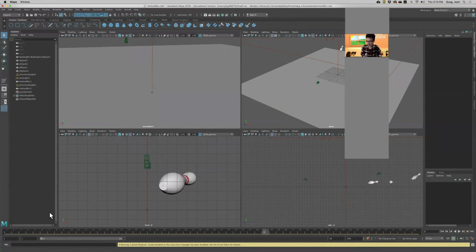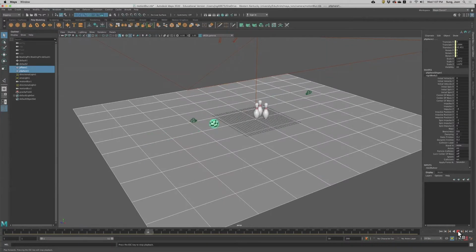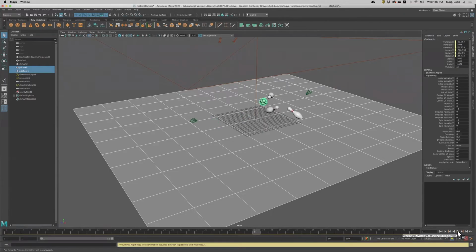Okay, this is a short animation. You should see the bowling pins and the bowling ball. Before rendering multiple frames, I'm not talking about just one or two or a dozen frames, but before rendering a couple hundred frames or even more than 1,000 frames, render one or two, render frame one